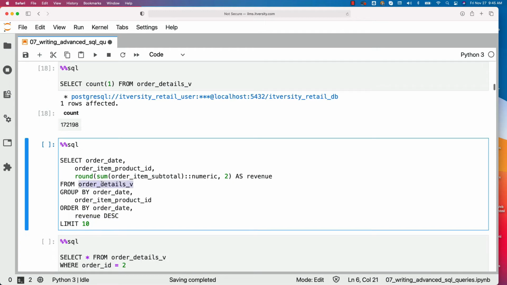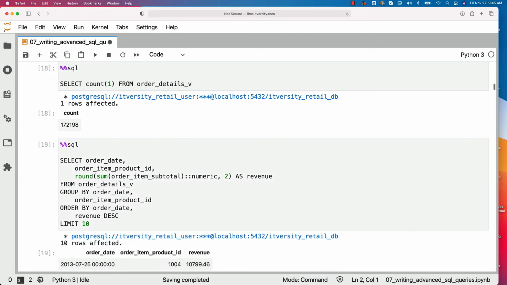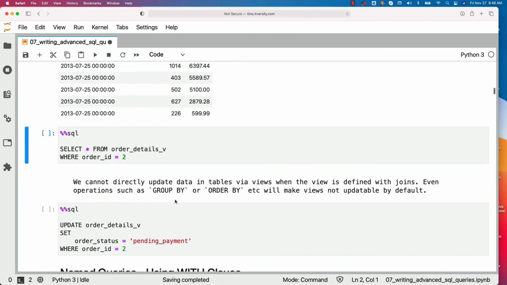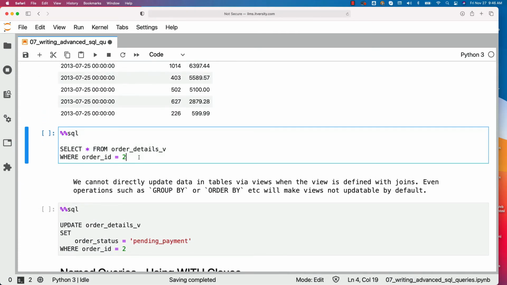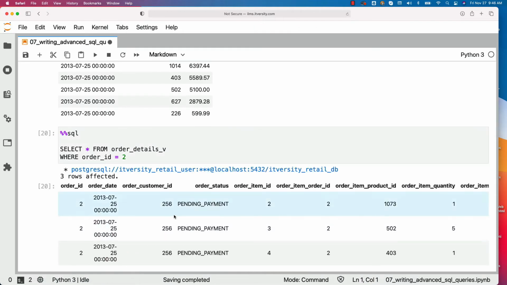This is how you can define even complex queries on top of the views using the conventional SQL clauses which are provided to us as part of the databases. Now you can run this and it should work. You can also run this. In this case, I am only getting the records related to order ID 2. There are 3 such records, and you can see all the 3 records here. So you can perform where, you can perform group by, you can perform order by, all standard SQL clauses can be used here on top of the view.